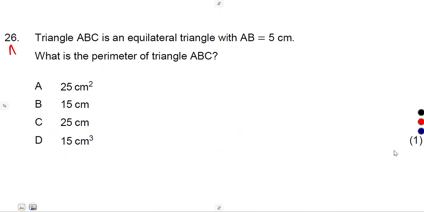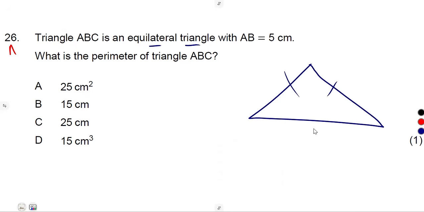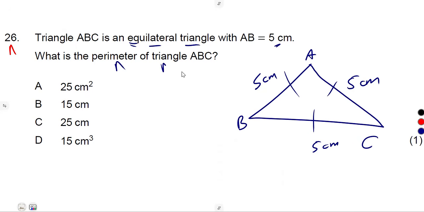On number 26, there is a triangle which is ABC, and it is an equilateral triangle, meaning all the sides that you're given are the same. So if AB is 5 centimeters, throughout this triangle all these sides will be 5 centimeters. What is the perimeter of triangle ABC, guys? Perimeter, distance right around the shape. So you simply add all the sides, 5 plus 5 plus 5. So that was 15